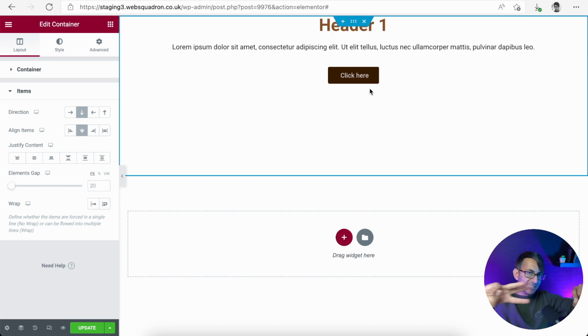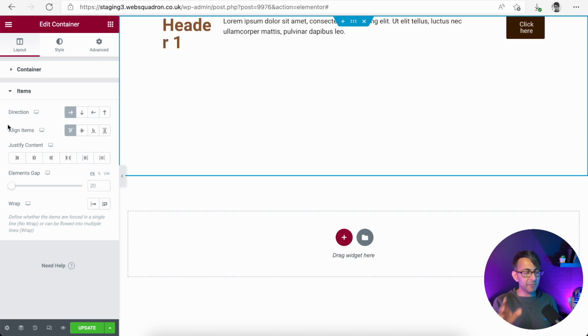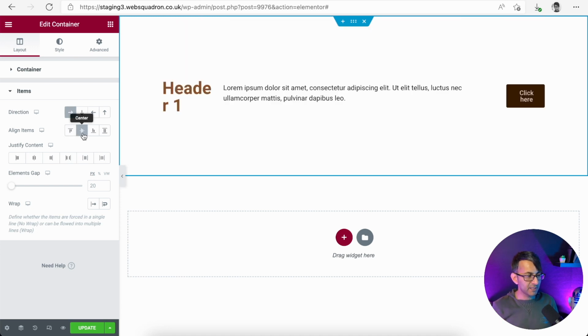And it's something you're going to have to get your head around, and you will get used to it, believe me, because once you do it, you'll be like, oh yeah, it's the other way around. Now at the moment for my items, I'm going to set them to be centered, and the direction is a row. Now all of these buttons over here, I have to be honest, they're not really going to do much at the moment, just because of the state I'm currently using.